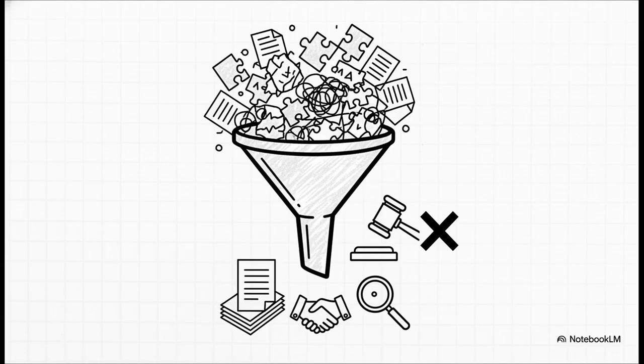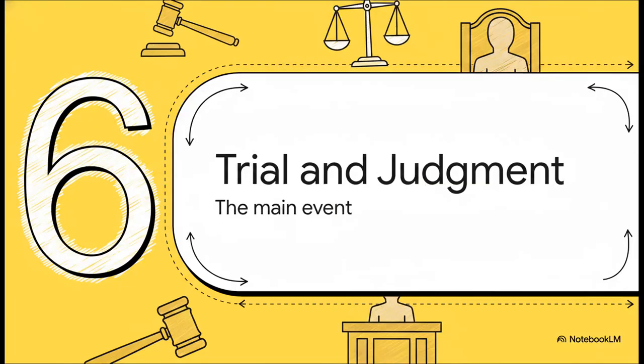The judge really pushes for an amicable settlement or mediation first. If that fails, they simplify the issues, get both sides to stipulate basic facts so no one wastes time proving them later, limit the number of witnesses, and pre-mark all the evidence. And here's the kicker. If you fail to appear at pretrial without a rock-solid excuse, your entire case can be dismissed if you're the plaintiff, or you waive your right to present any evidence if you're the defendant. High stakes. And that leads us to Section 6, trial and judgment.